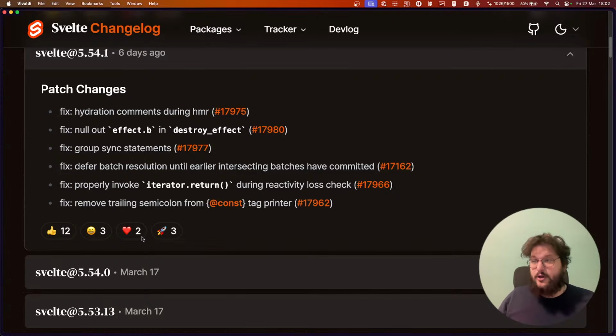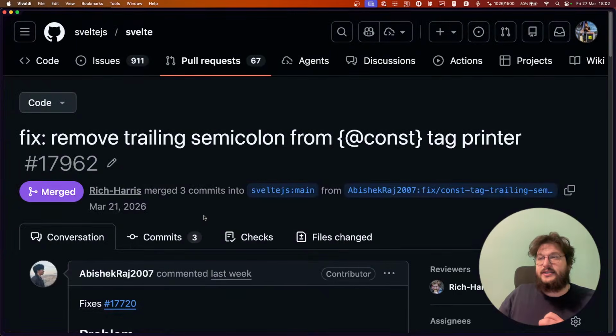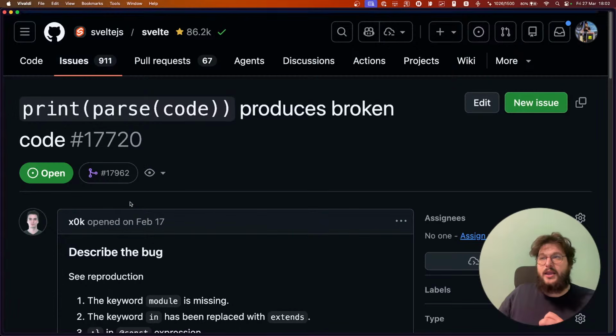Remove trailing semicolon from @const tag printer. So a few times ago, if you remember, I shared that now Svelte has a print function, and the print function is basically something that you can pass in the Svelte AST, and it will spit out a Svelte component, basically. And the problem was that when it read the @const tag,